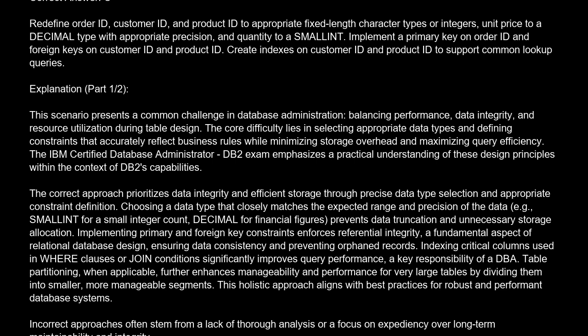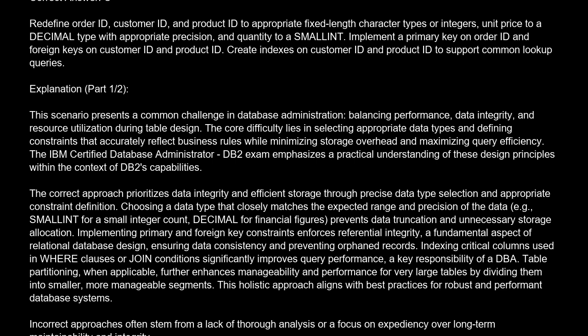capabilities. The correct approach prioritizes data integrity and efficient storage through precise data type selection and appropriate constraint definition. Choosing a data type that closely matches the expected range and precision of the data, e.g., smallint for small integer count, decimal for financial figures, prevents data truncation and unnecessary storage allocation. Implementing primary and foreign key constraints enforces referential integrity, a fundamental aspect of relational database design, ensuring data consistency and